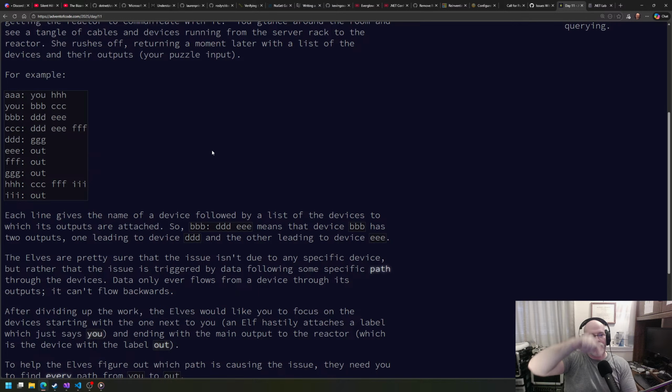I'm assuming there is no cycle. It says it can't flow backwards. I'm assuming that the devices and outputs don't ever get you into a cycle. I could be wrong about that, but